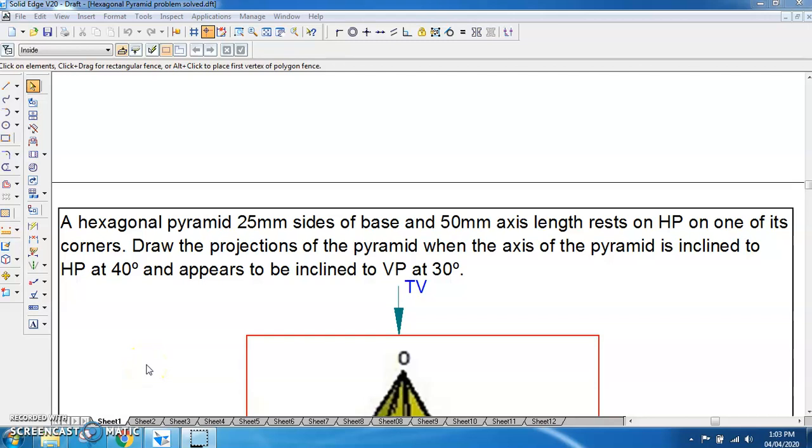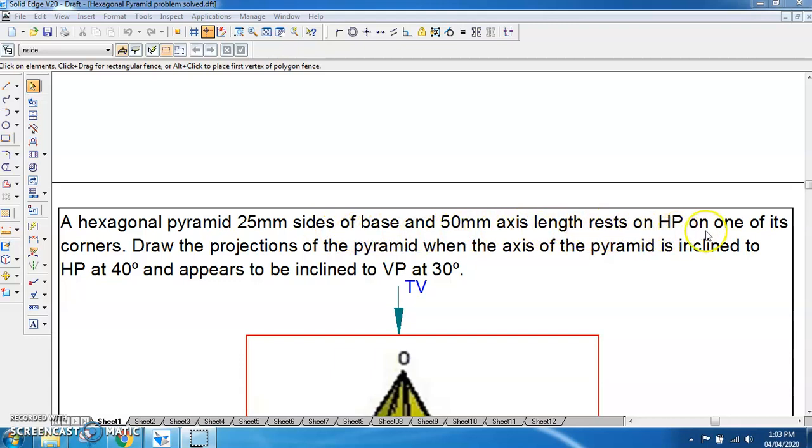Welcome to the session on engineering graphics. In today's session, we are going to see the projections of hexagonal pyramid. So the problem statement given here is a hexagonal pyramid, 25 mm sides of base and 50 mm axis length,